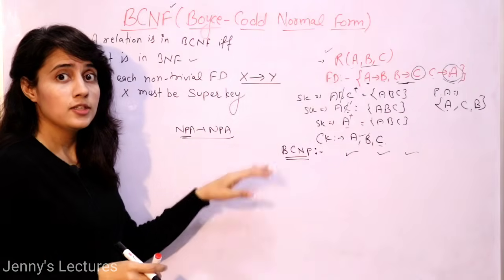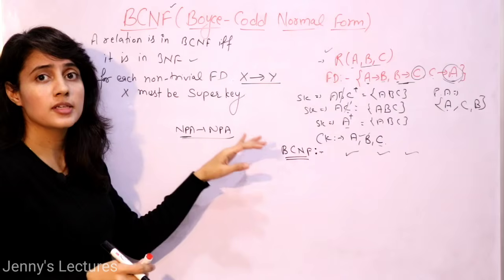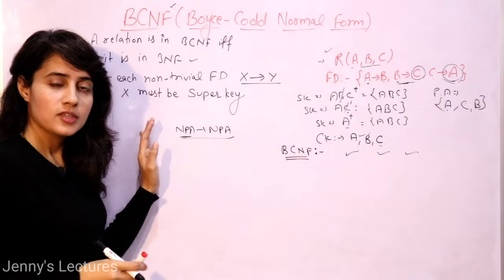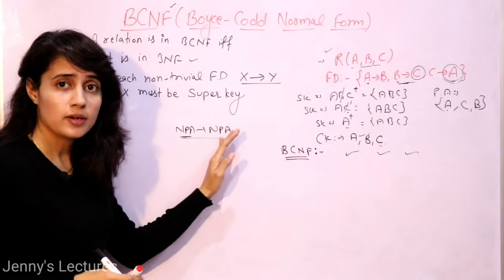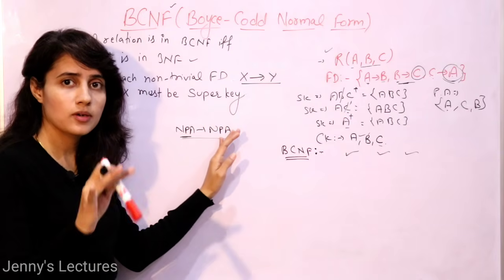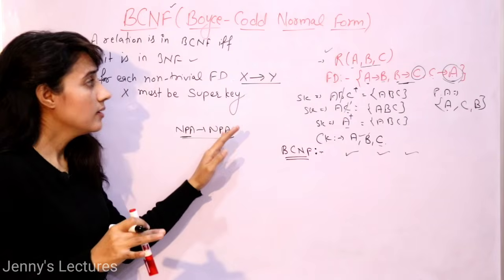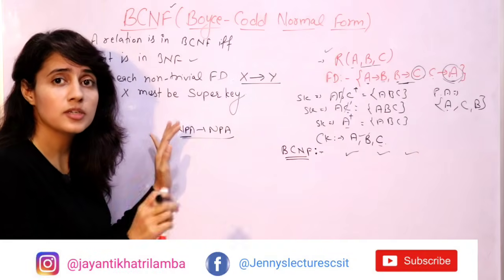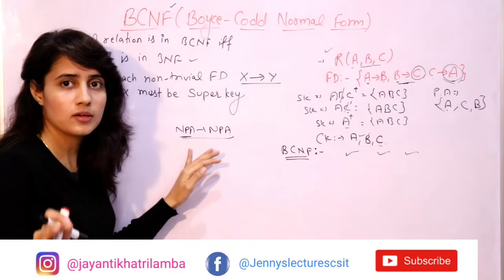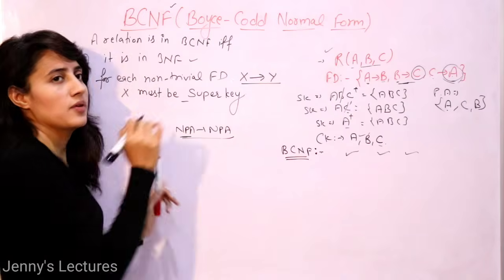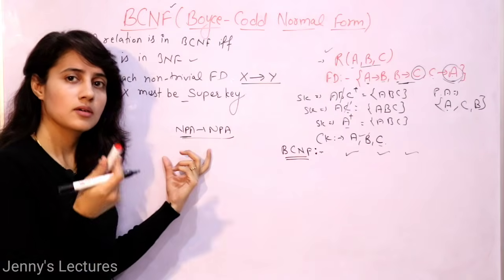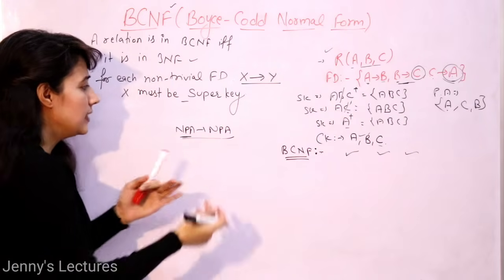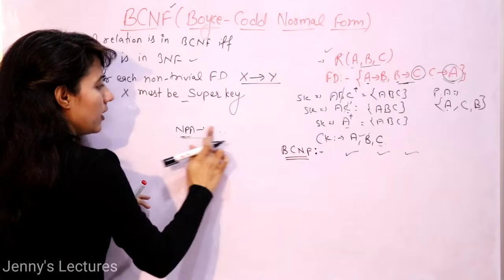See why we are saying that it is more strict than third NF, because in third NF we have what rules? Either left hand side is super key or right hand side is prime attribute, then fine, that would be in third NF, right? But here the left hand side must be super key. No other condition is there, this must be satisfied. So that is why we are saying that it is a more strict version of 3NF, because 3NF doesn't deal with these kinds of conditions,